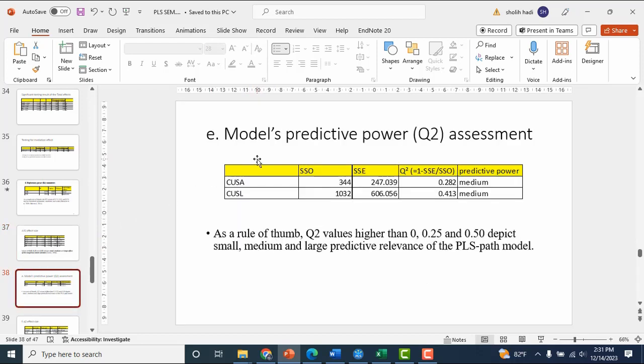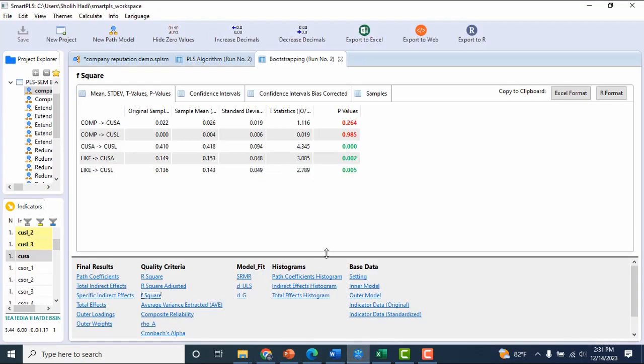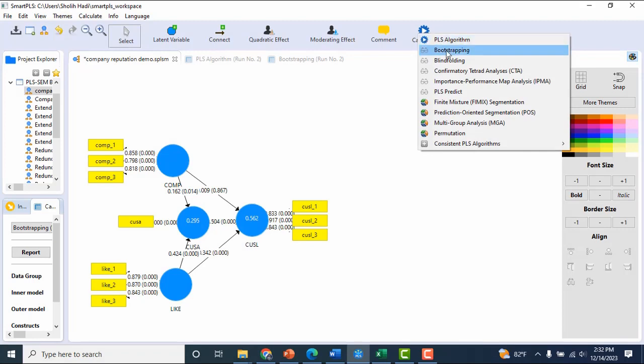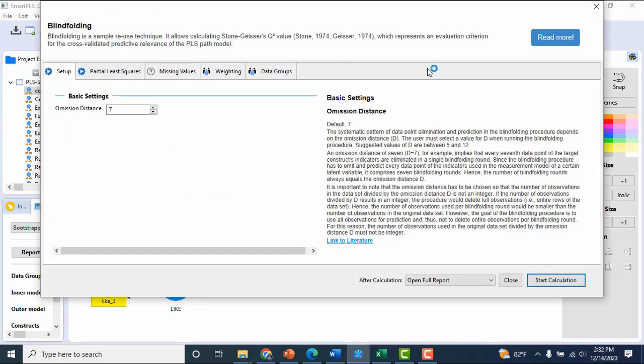And then we assess the model predictive power, or Q square. The formula is 1 minus SSE per SSO, sum of square error divided by sum of square of observation. How to get the Q square? We click calculate and go to blindfolding.